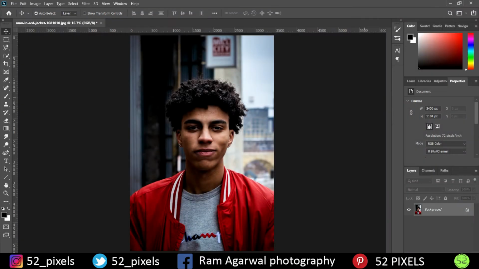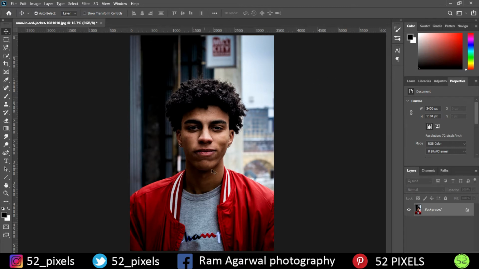Guys, in this tutorial we are going to see how to lighten the skin color using Photoshop. Have you ever wondered what to do with the photos that you click in summers, when your skin gets tanned? You want to post those photos on Instagram, Facebook, Twitter, or any other social media website, and you feel that your skin is too tan and you don't look the way you used to. You just want your color back, you want to look fair. In this tutorial I'm going to show you how to do that using Photoshop.